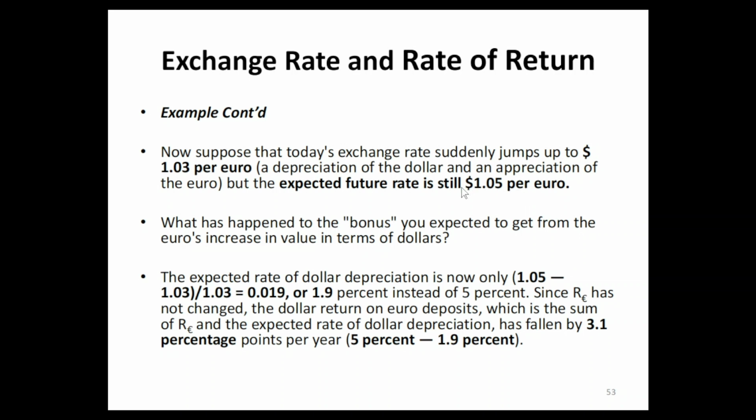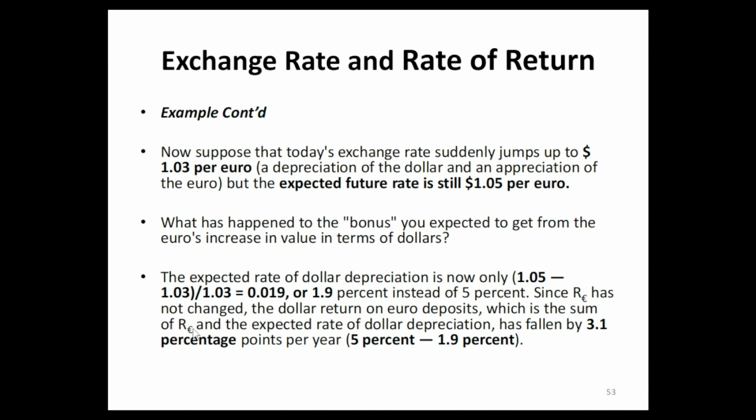Per euro, the expected future return is this much. That means what has happened to the bonus you expect to get from the euro, the increase in value in terms of dollars, right? Where did the bonus come from? So the expected rate of dollar depreciation is now only this much instead of 5%. Since the interest rate of the euro has not changed, the dollar return on the euro deposit, which is the sum of this